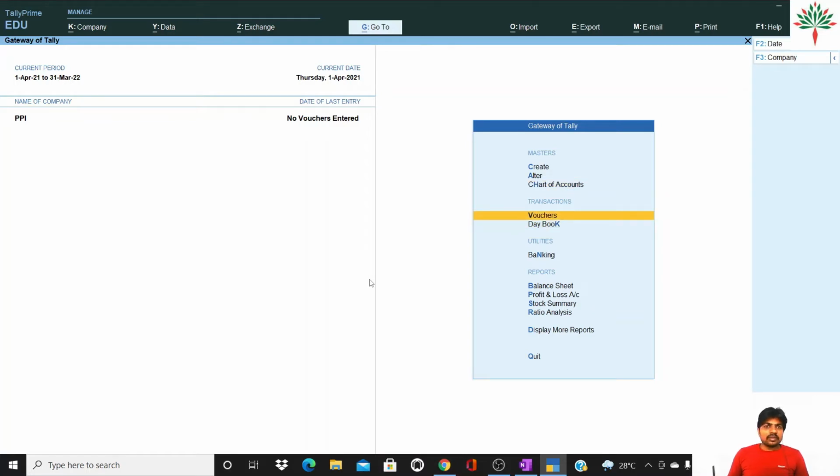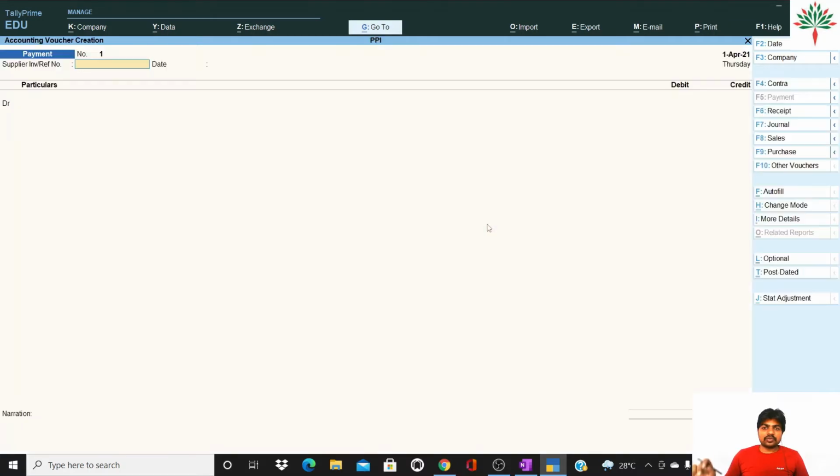So here no voucher is entered, so let us enter a voucher. What is a voucher? Voucher is a book where first of all the entries are done. Okay, where the first recording is done, that is a voucher. So there are various kinds of voucher. When you enter on the vouchers, you will see different kinds of voucher, that is contra voucher, payment voucher, receipt voucher, general voucher, sales voucher, purchase voucher, other vouchers, right? So now it depends upon the requirement which voucher you will have to use.